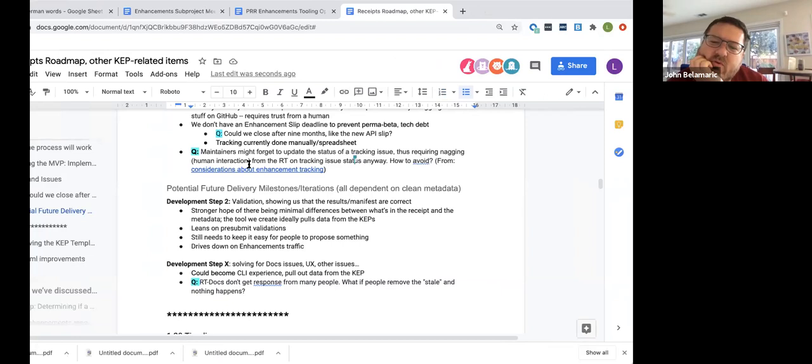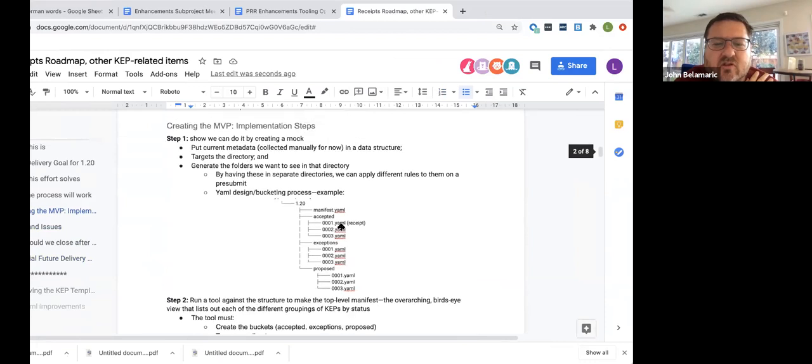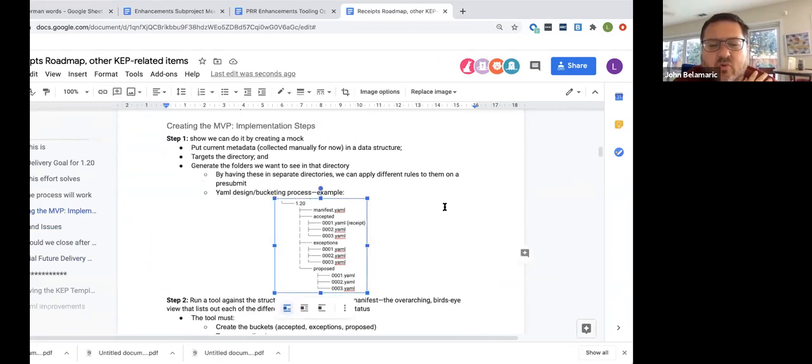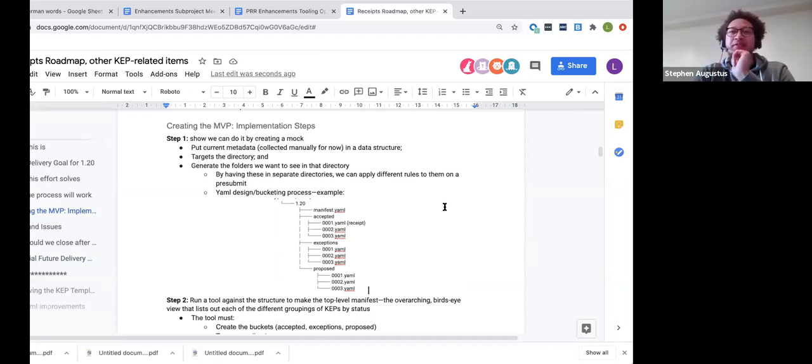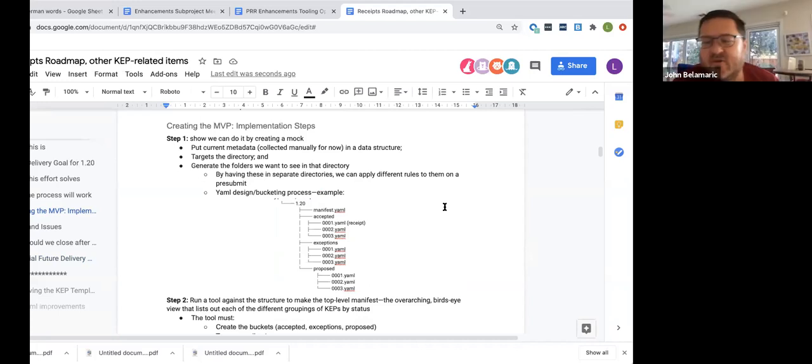I'm confused. I'm sorry, Stephen, if I can ask a clarifying question. If we go back to the tree structure, so there's a proposed. Since it's a PR, wouldn't somebody propose it by just putting it into the accepted? No, because we still have to determine if what you propose can be accepted. Right, the acceptance would be the merge. Right, the release team would do the merge, and that would be accepting it.